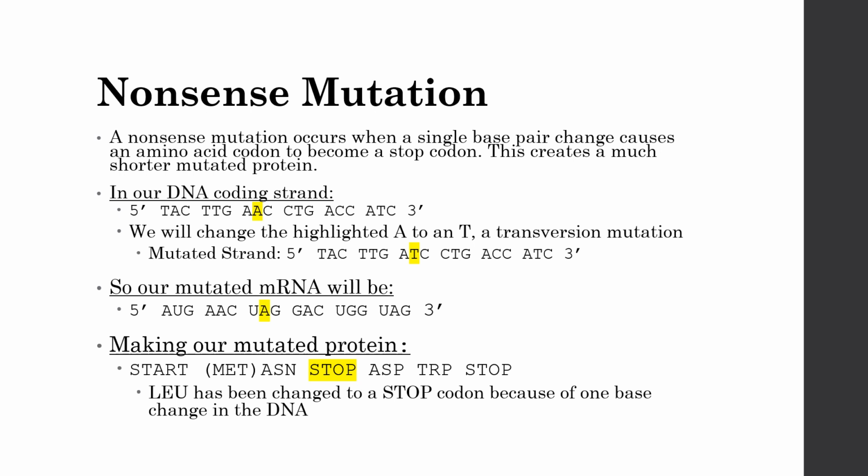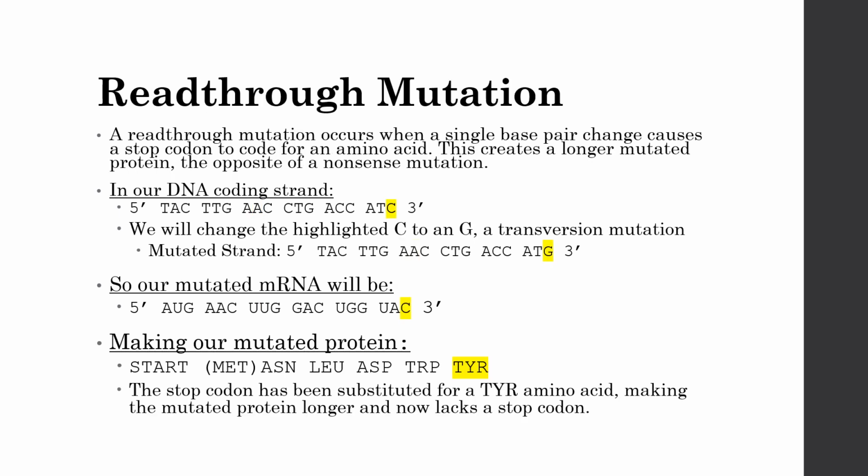not to turn. A read-through mutation occurs when a single base pair change causes a stop codon to code for an amino acid. This creates a much longer mutated protein, the opposite of a nonsense mutation. We can apply this to the lock analogy by thinking of a key that is much too long for a lock. The key will fit the lock, but it won't line up with all of the pins correctly, as only the front of the key can fit in, and it might still work, but likely the lock will